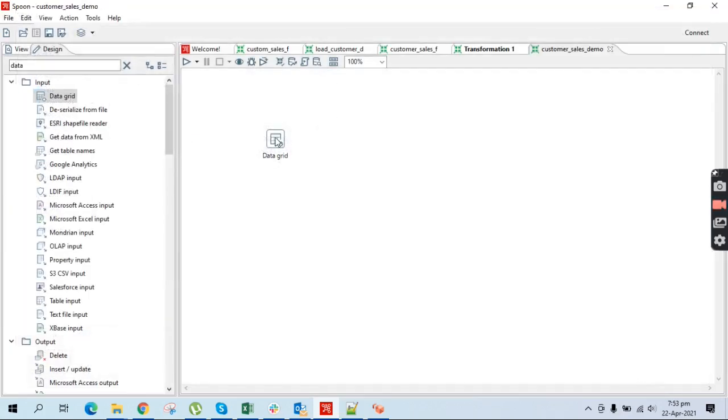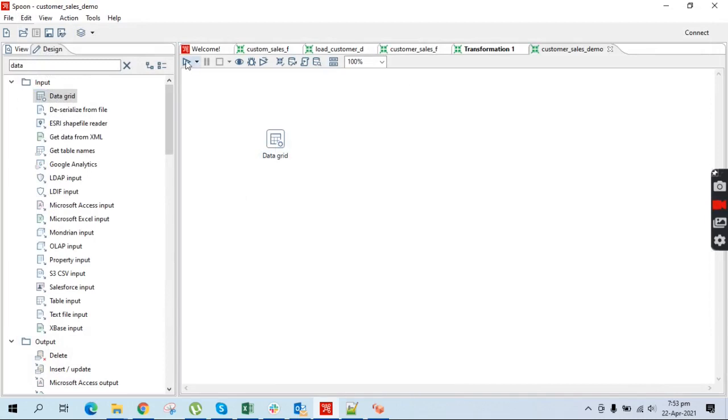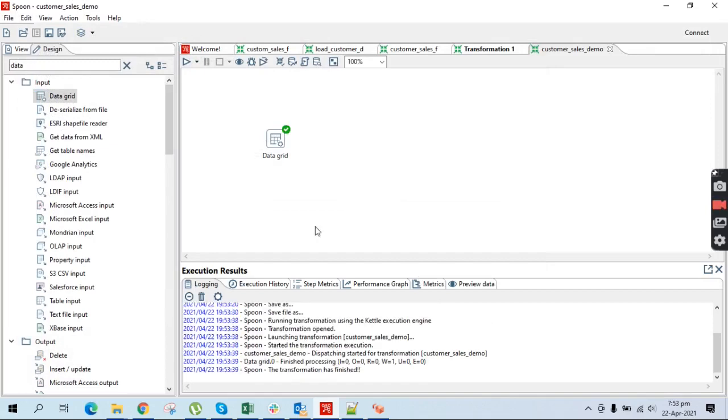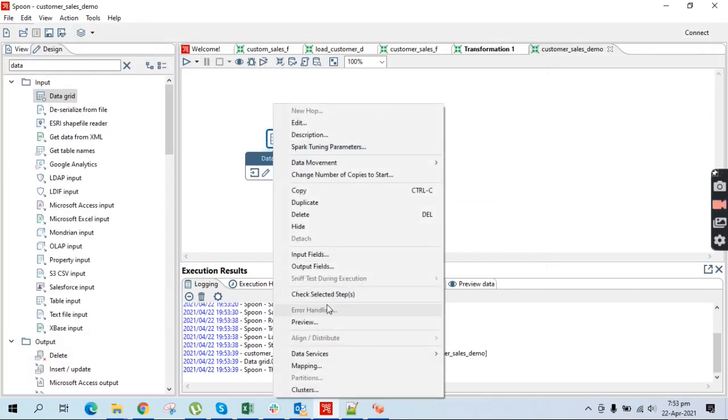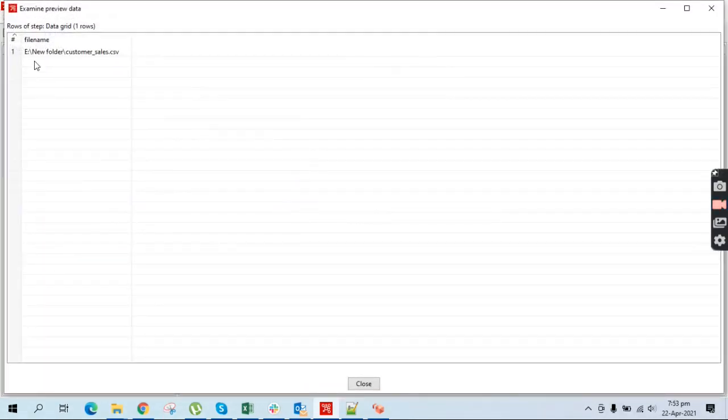Save. So when I run this transformation, what will I get? I will get the file name which I have saved, new folder customer sales.csv.